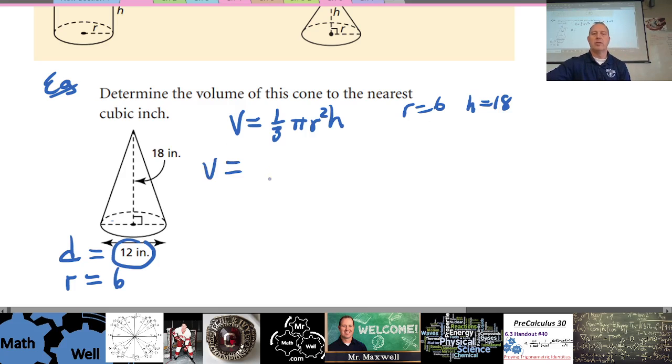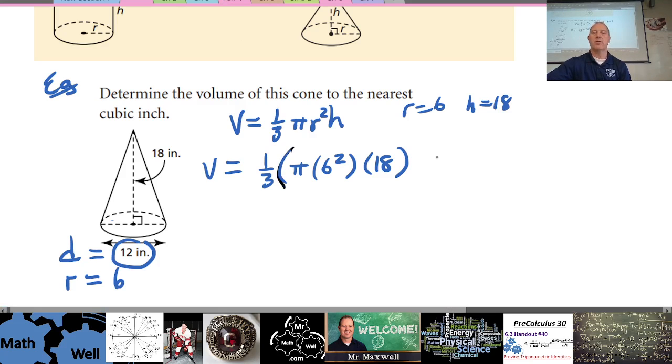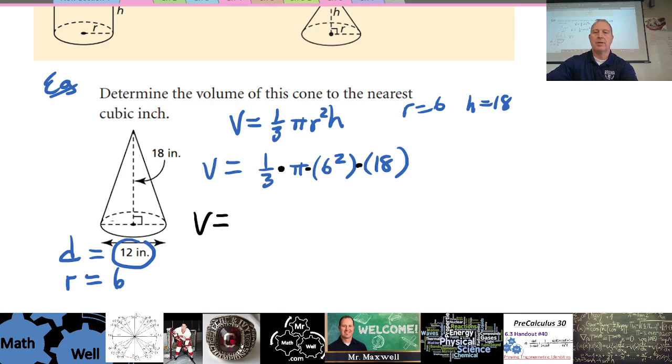So volume, let's see, 1/3 times pi, I'm going to use my pi button on my calculator, times 6 squared times 18. And it doesn't really matter where these brackets are. Because we're multiplying all these together, you technically don't need any brackets there, you just need 1/3 times pi times 6 squared times 18. So, on the calculator,